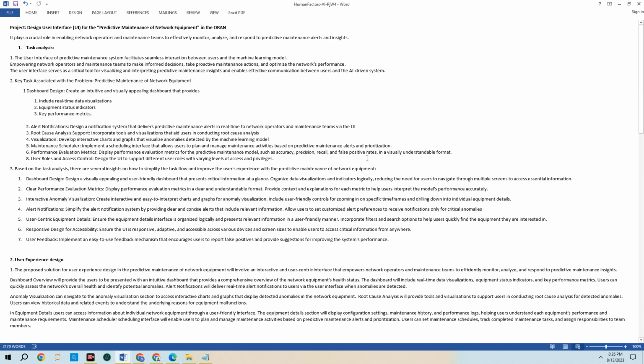For the design, the user interface of the predictive maintenance system facilitates seamless interaction between users and the AI machine learning model, empowering network operators and maintenance teams to make informed decisions, take maintenance action, and optimize the network performance. The user interface serves as a critical tool for visualizing and interpreting data to maintain the network. It's an AI-driven system. The key tasks associated: